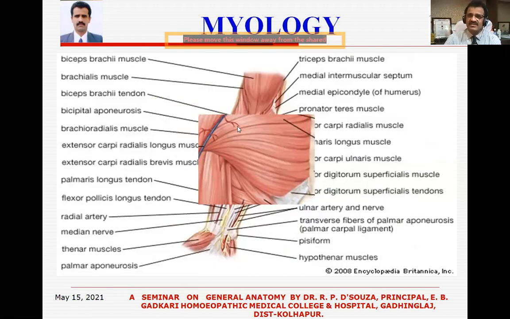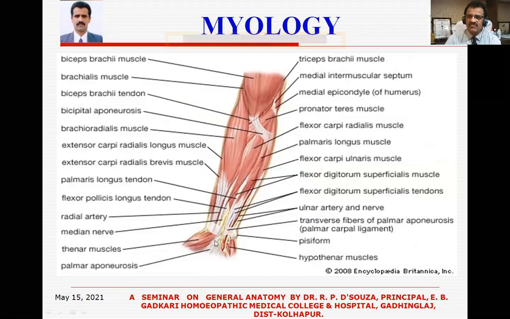These are the muscles of the lower part of the arm and the forearm. Altogether, there are 20 muscles in the forearm, 8 on the anterior side and 12 on the posterior side. Some examples I talked about, like flexor pollicis longus, which is unipennate, so the fascicles are only on one side. You can see the bicipital aponeurosis here, one of the insertions of biceps brachii. There are two insertions of biceps brachii, one is the bicipital tendon and the other is the bicipital aponeurosis. So every muscle differs in this or that point.